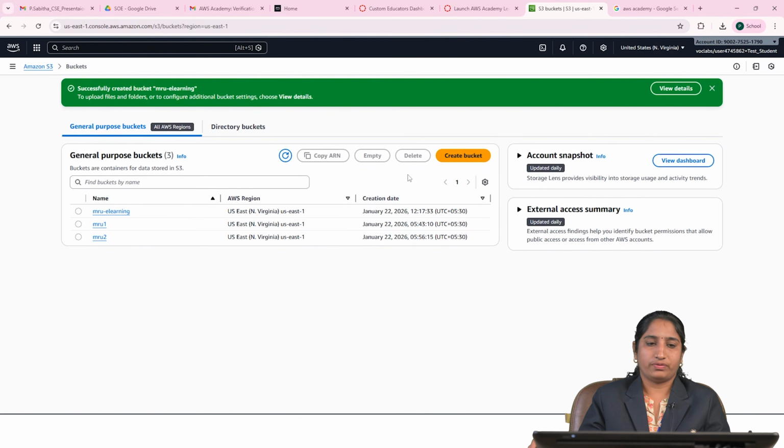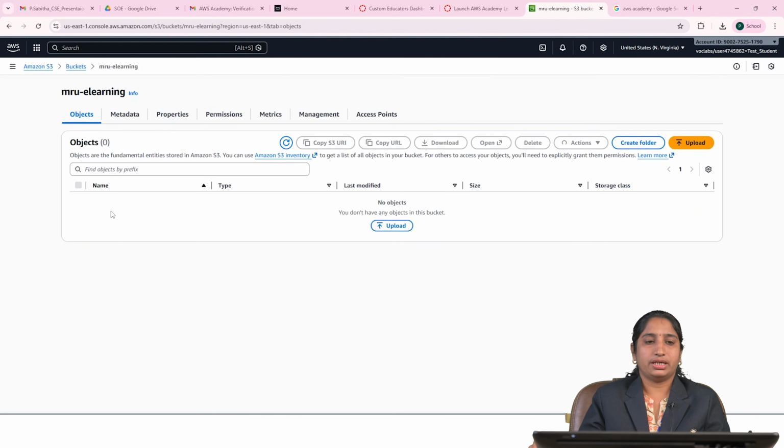So here you can find one bucket is created in my account. If you want to upload files into the bucket, click on MRU E-Learning. On the right side you can find the upload option, or create folder. In the S3 bucket you can create multiple folders, and in the multiple folders also you can upload data. First I am going to upload a single file directly to the S3 bucket. So, upload,